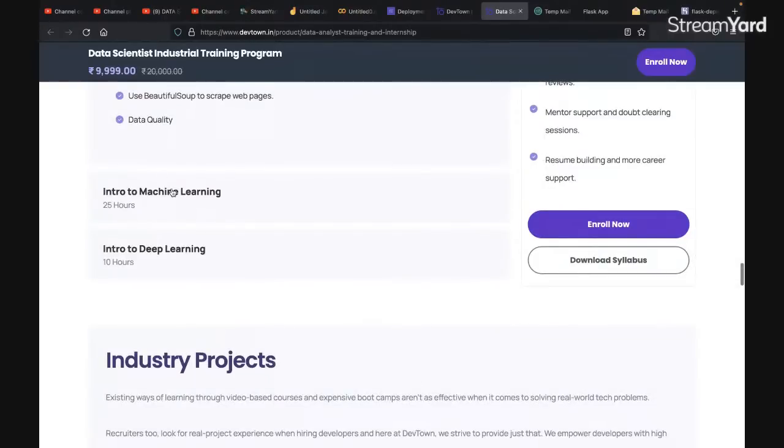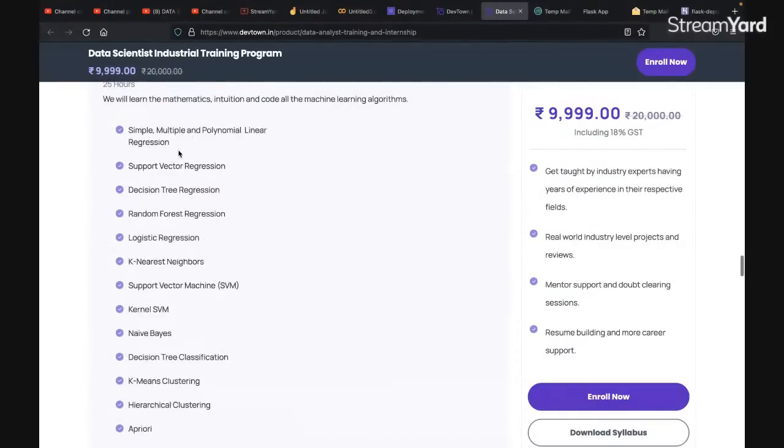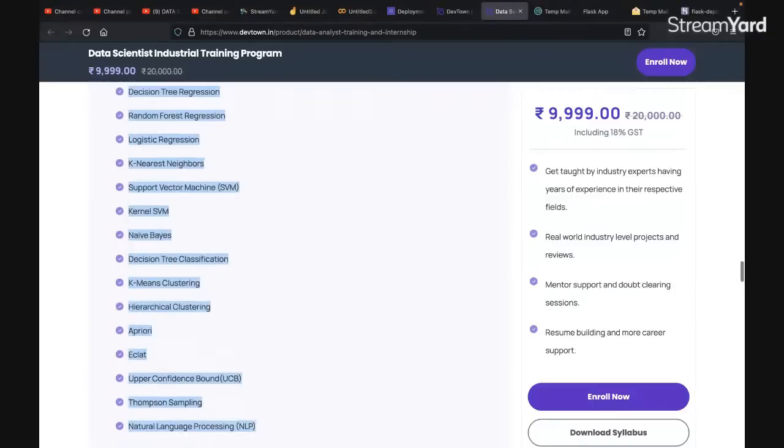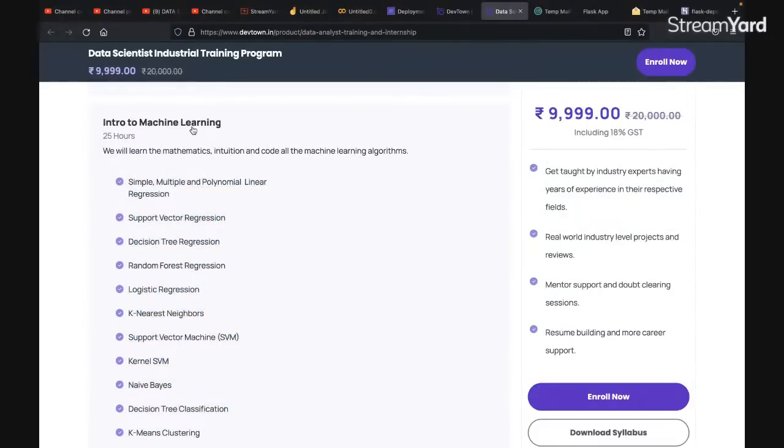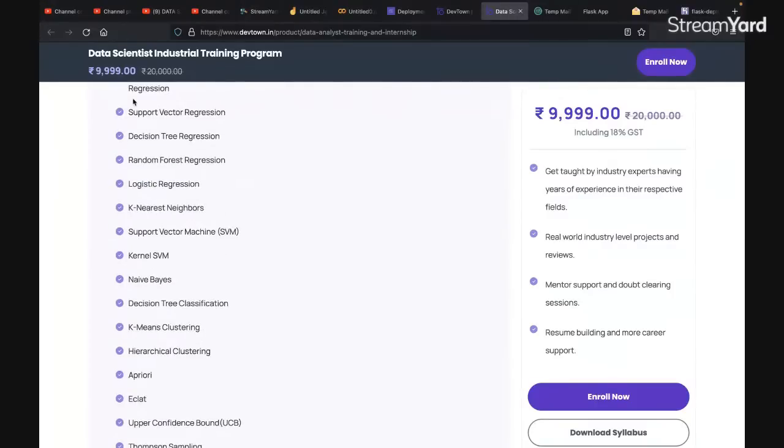And then we're going to talk about machine learning. So over here, you can see in this session, we have already talked about linear regression. That is a simple linear regression. However, in this entire course, we are going to talk about these many models and algorithms. Now see, we are going to talk about these many algorithms in machine learning. Is this clear? Currently we have taught about simple linear regression, right? We have talked about simple linear regression, but in this course, we are going to talk about these many